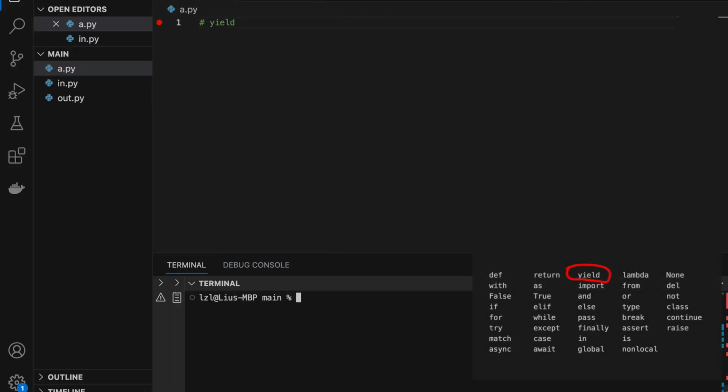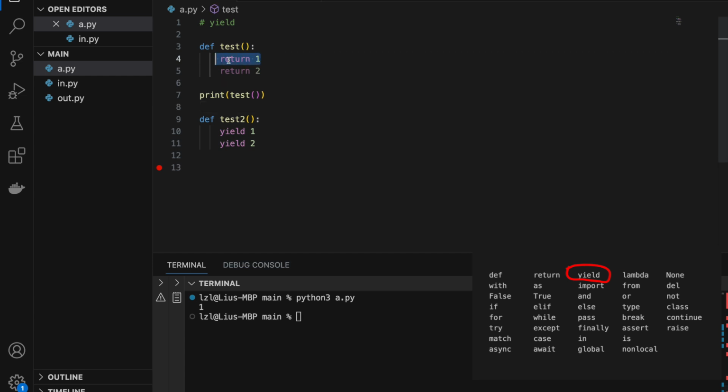Next, we have the yield keyword, which also signifies the output of our function. However, the main difference against return is that stuff can still run after the yield statement. So here, let's say define test: return 1, return 2. And here, test2: yield 1 and yield 2. So here, if we print test,